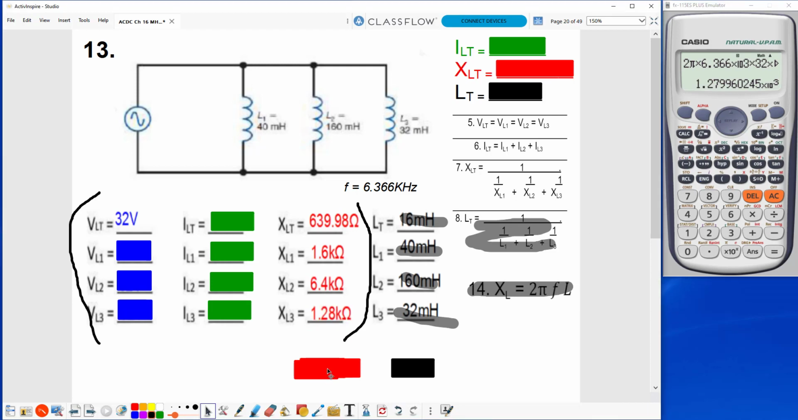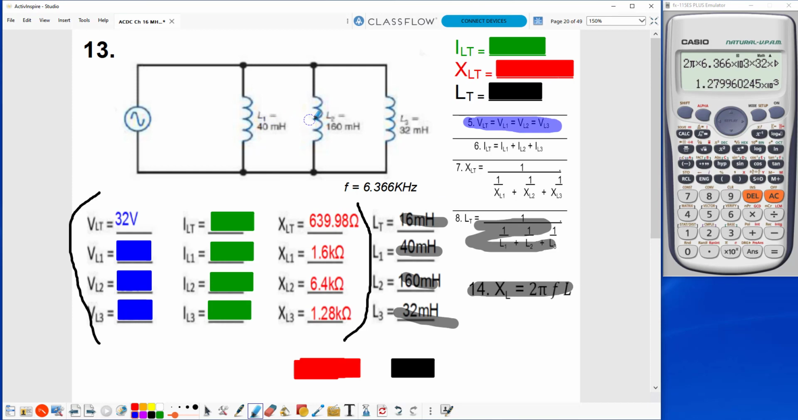1.28 k ohms. If I wanted to check my work, I would have to run these three values through this reciprocal formula to get this answer if I wanted to check my work for inductive reactance. All right, so now that I'm working inside the parentheses here, I can use Ohm's law to find ILT. Before I do that though, my rule for parallel shows me here that voltage stays the same in a